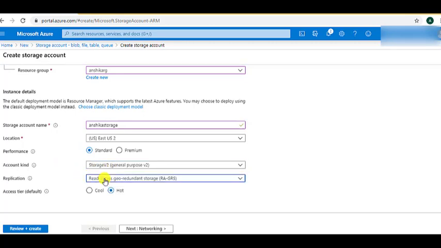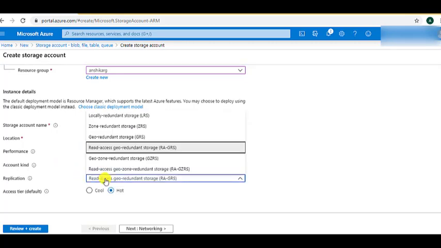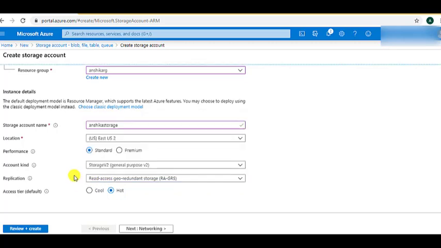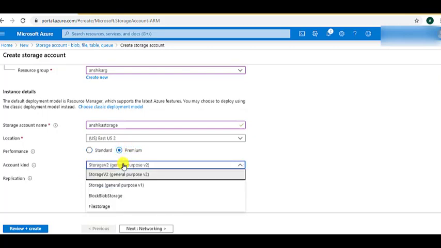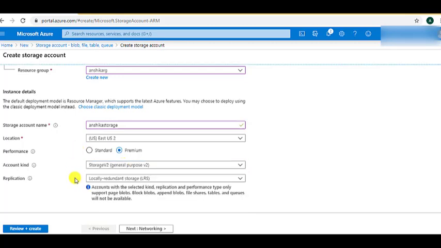And the replication options available are LRS, ZRS, GRS, RAGRS, GZRS and RAGZRS. But when we choose the premium option, we get three types of accounts: storage V2, blob storage and file storage. But for the replication, we only get one option, that is LRS.